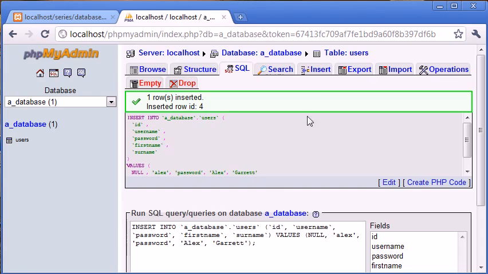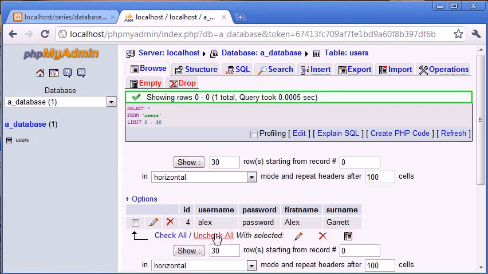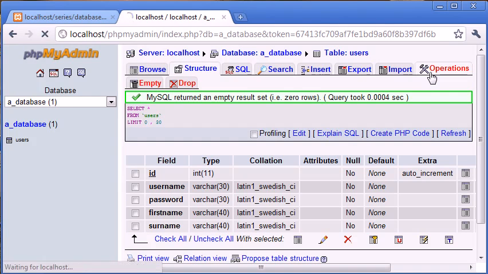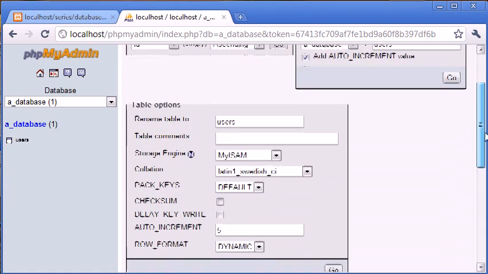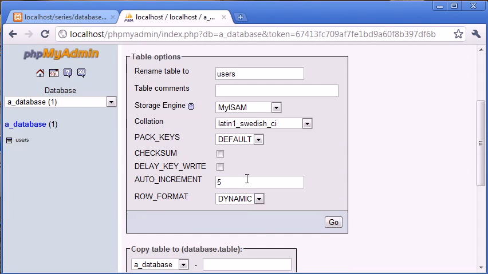Okay, so we've inserted some data, and now you can see that it started at ID 4. Let's say we wanted to go back and start at ID 1 again. Now let's just delete that. You can use this tab called operations, and if you come down you can see auto increment. We can change this back to 0. If we click on go,